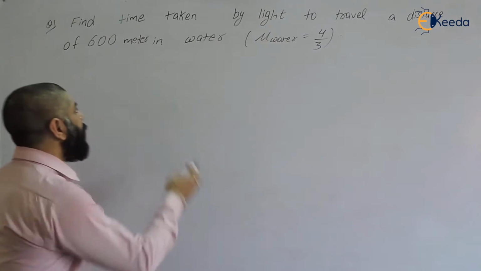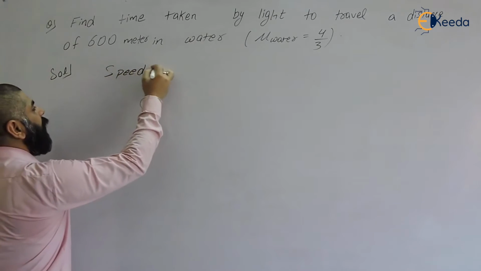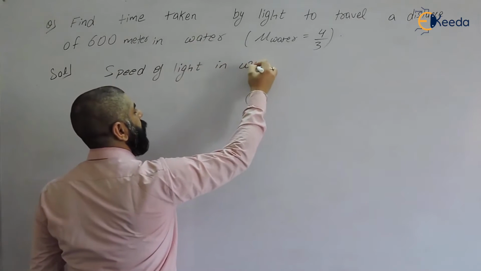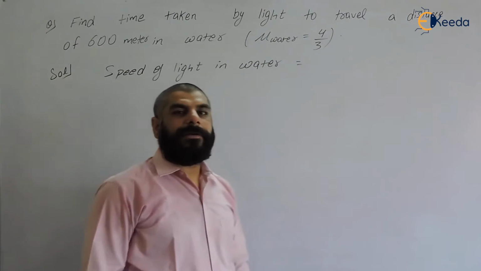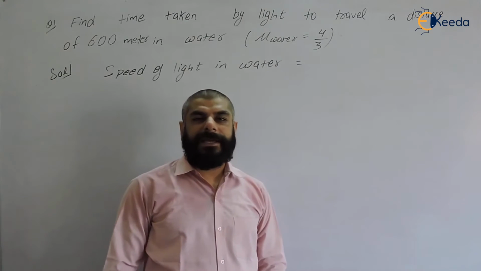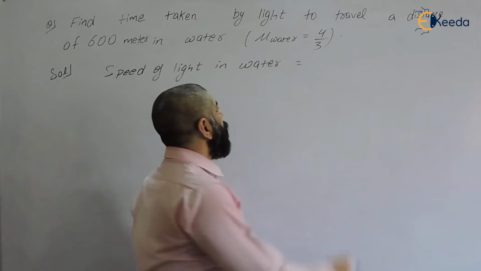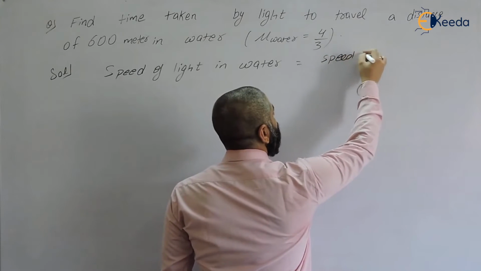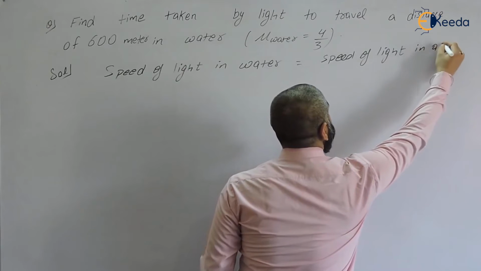So speed of light in water is given as speed of light in water. So how do we define refractive index? Refractive index is defined as speed of light in air to speed of light in that medium. So if we want to find the speed of light, that will be speed of light in air to